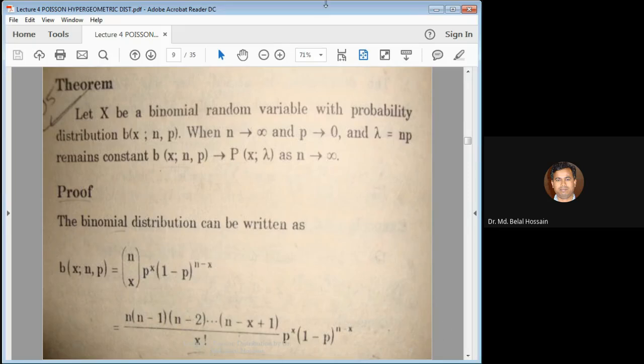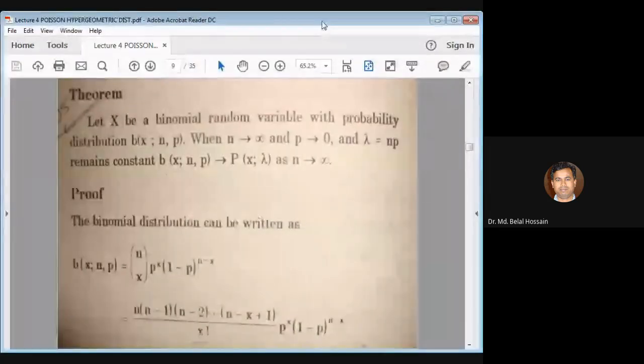So you can write this expression as n into n minus 1 up to n minus x plus 1 divided by x factorial into, এখানে কি ছিল মনে আছে যে n minus x factorial ছিল, কাজেই এটার ফর্মুলা হচ্ছে n factorial divided by x factorial into n minus x factorial. যে উপরের nটাকে আমরা n মাইনাস x ফ্যাক্টোরিয়াল পর্যন্ত ভেঙেছি সেটা, আর নিচে একটা n মাইনাস x ফ্যাক্টোরিয়াল ক্যান্সেল আউট হয়ে গেছে রেস্ট টার্ম এখানে।